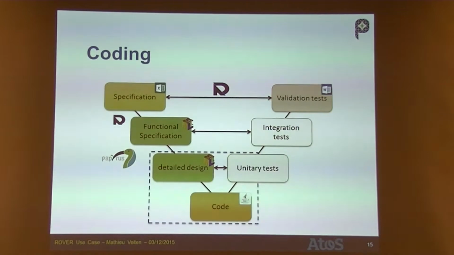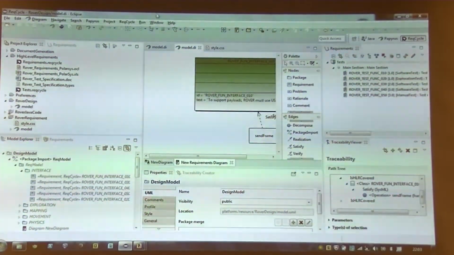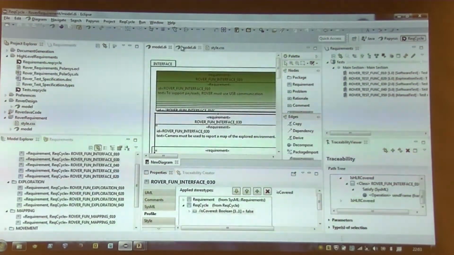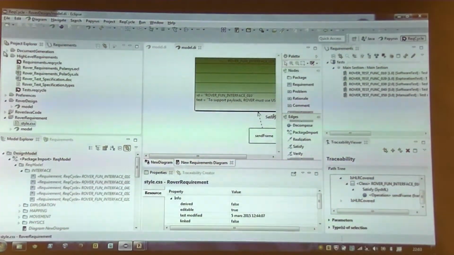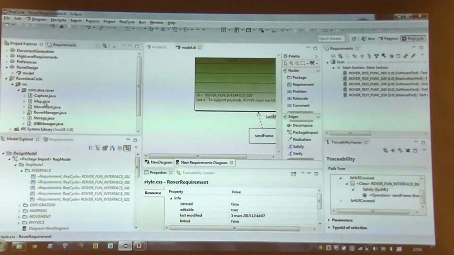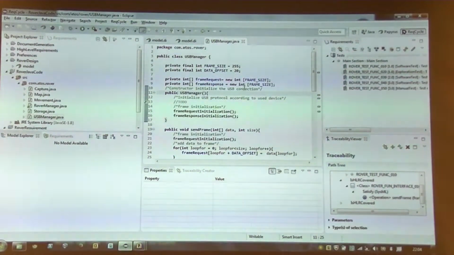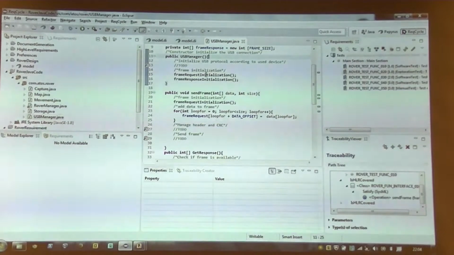So we would like to link the design with the code. Okay, so the code doesn't really do anything useful. It compiled, but